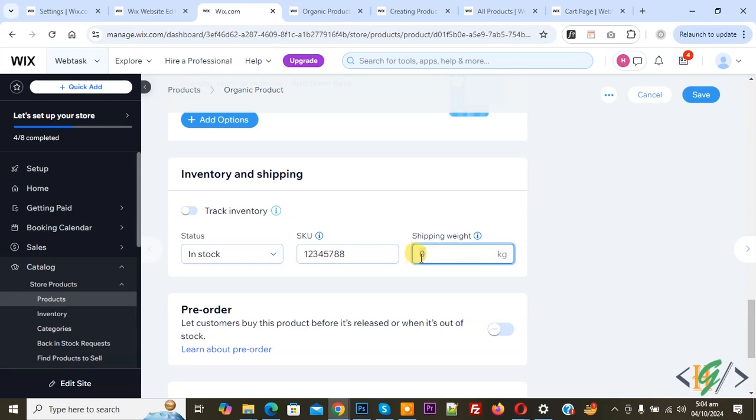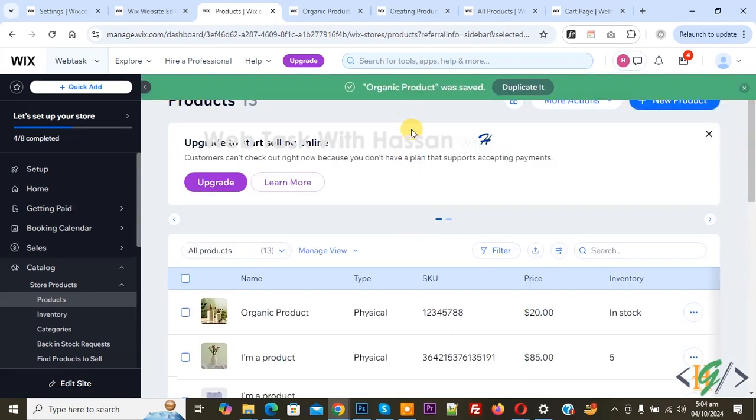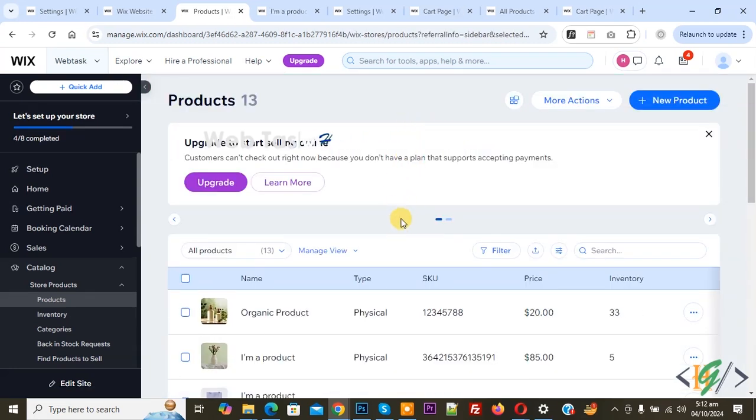So you can add weight according to requirement. Now 10 and then click on save and then you see the organic product was saved. Now product weight is added. So if your shipping charges depend on your product weight, then you can add weight and you can charge customers based on shipping weight